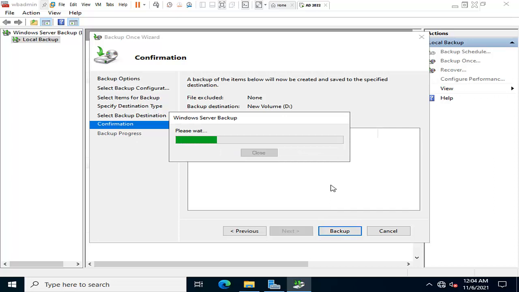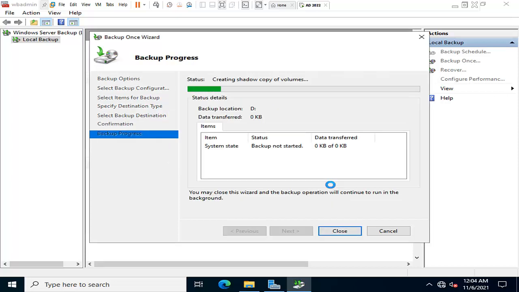It will take a few minutes. It is trying to calculate the backup data size.